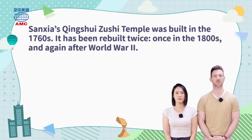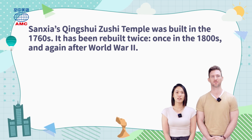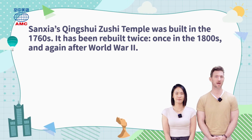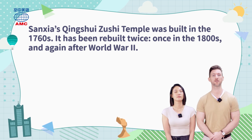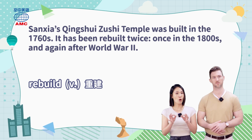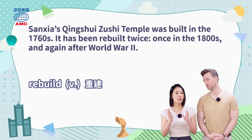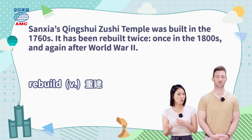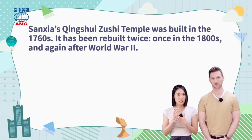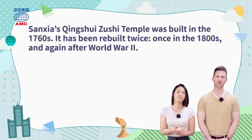Okay, so let's learn more about the temple itself. Well, it says Sanxia's Qingshui Zushi Temple was built in the 1760s. Wow, so it's been around for quite some time. Jumping back, it says it has been rebuilt twice, once in the 1800s and again after World War II. Rebuild 这个动词呢是重建，字首 re 表示重新又再次。所以 build 是建造，rebuild 就是重建。像是 use 是使用，reuse 就是再次利用。